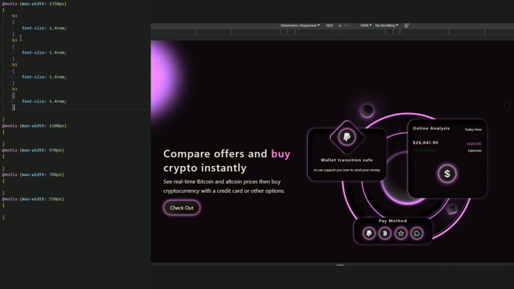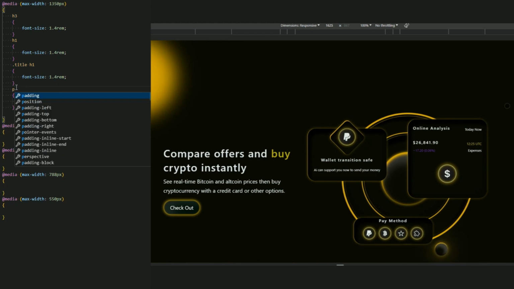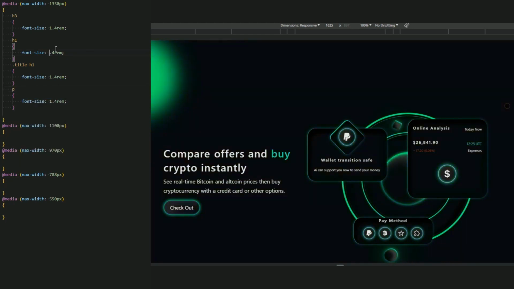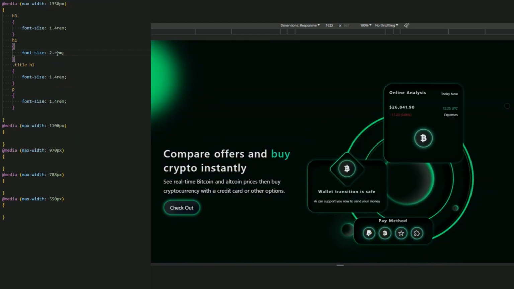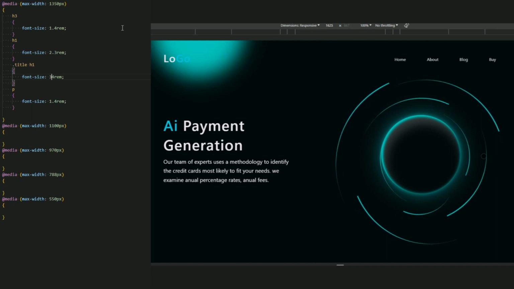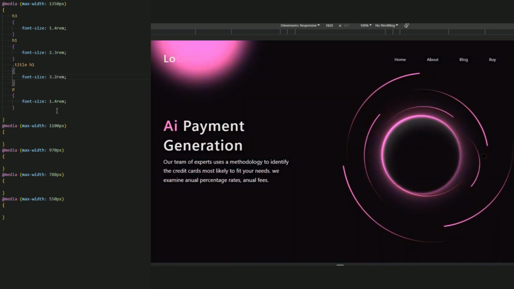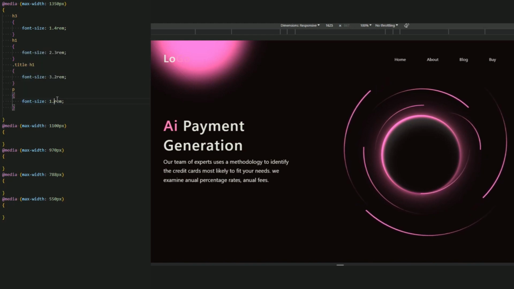Yes, this is H1, and this is the title H1, and this is a P. Now for the H1, let it be 2.3em, and for the title H1, let me decrease it to 3.2 instead of 3.5. And for the P, let it be 1.1rem.